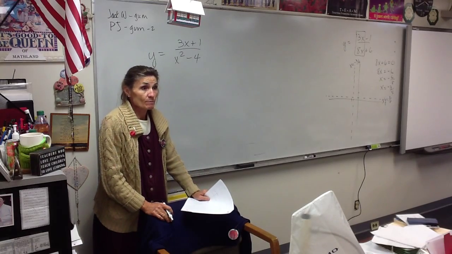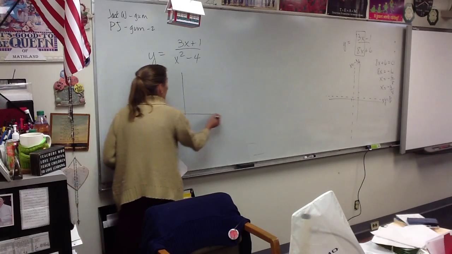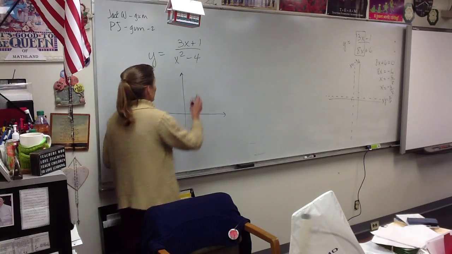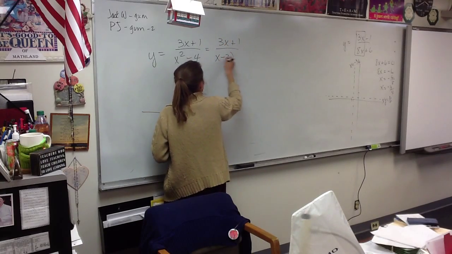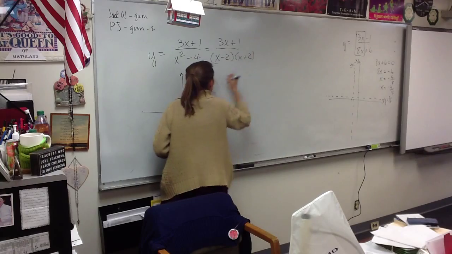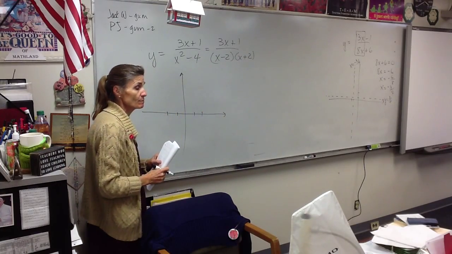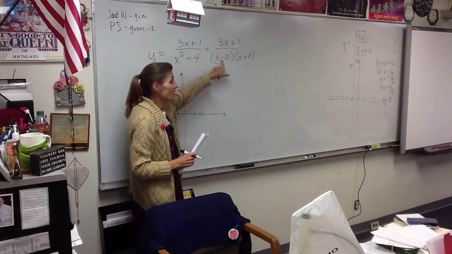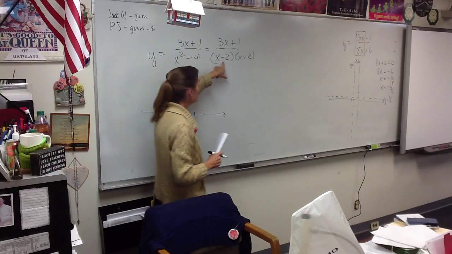The vertical asymptotes. Those are easy. We've spent a lot of time on those. In order to find the vertical asymptotes, I'm going to factor. Top does not factor. Bottom does, which tells me I'm going to have 2 vertical asymptotes. One of them is at positive 2, x equals 2, and the other